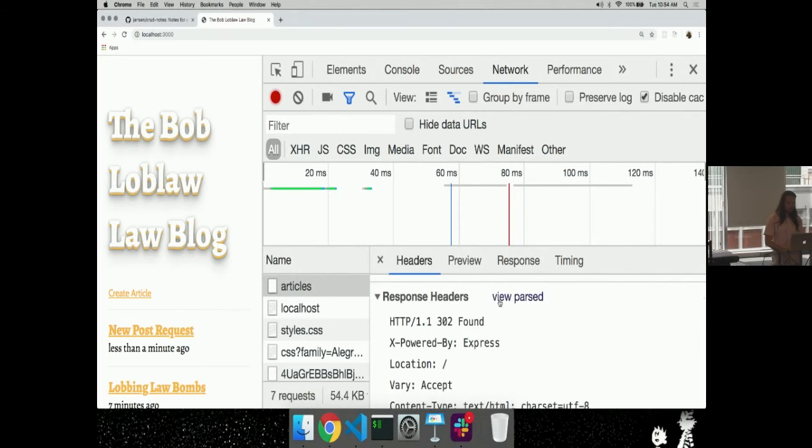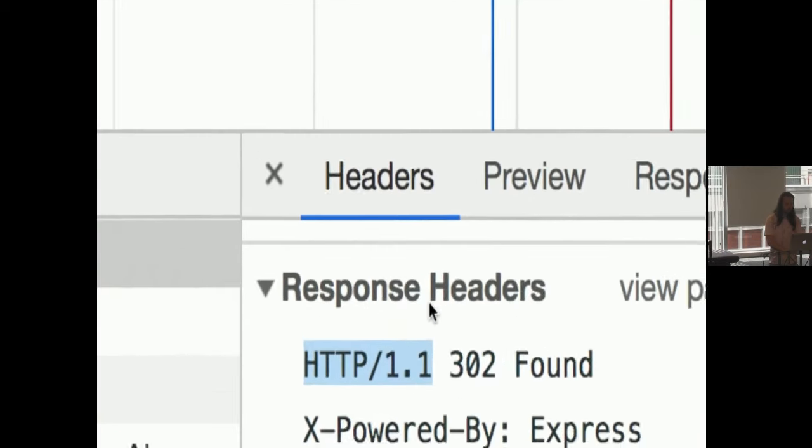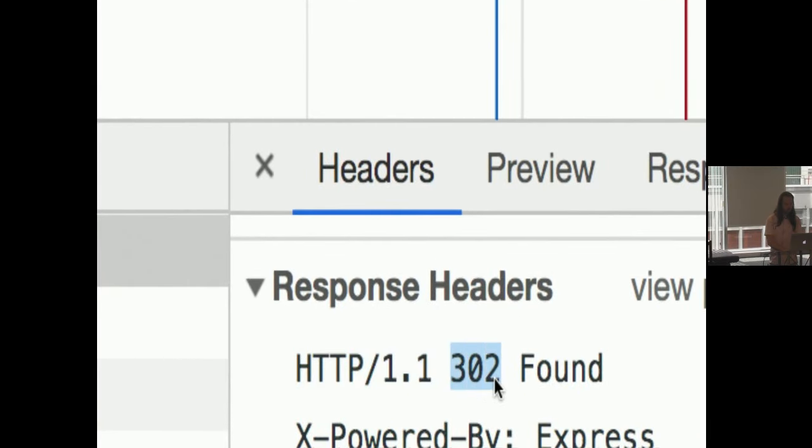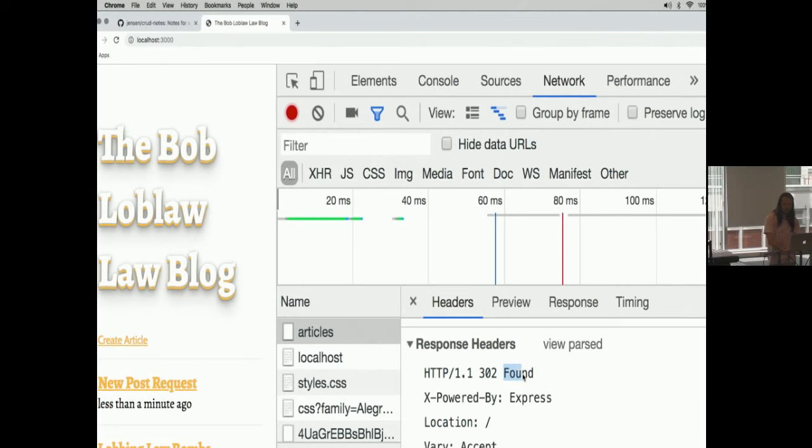The response headers come back from the server, and it says, "Yeah, I speak your language, HTTP 1.1. Here's the status code I'm going to send you, which is 302. We've moved this page maybe permanently or whatever. It's permanent and temporary, but don't get too worried about that. We found the page, okay."